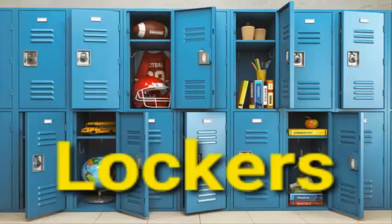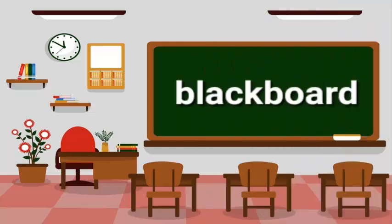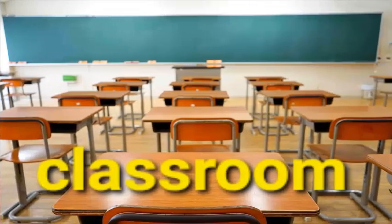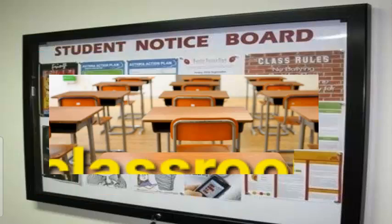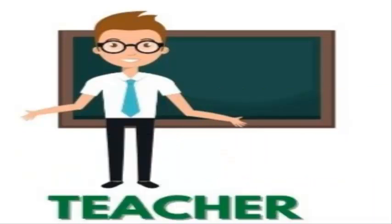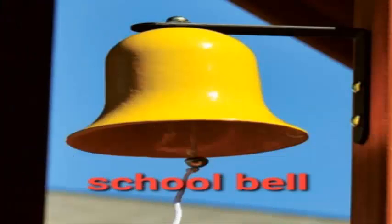lockers, backpack, blackboard, classroom, student notice board, teacher, student, school bell, whiteboard,